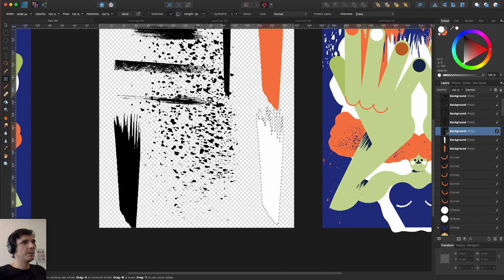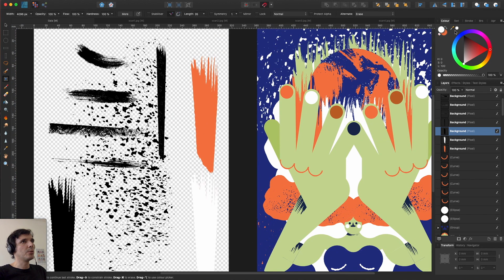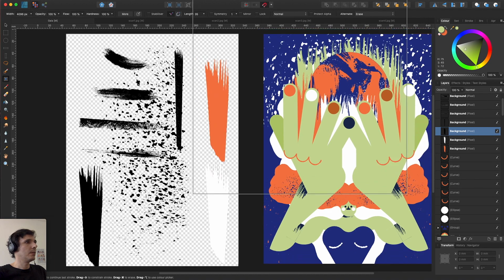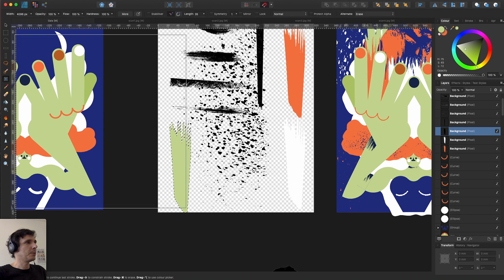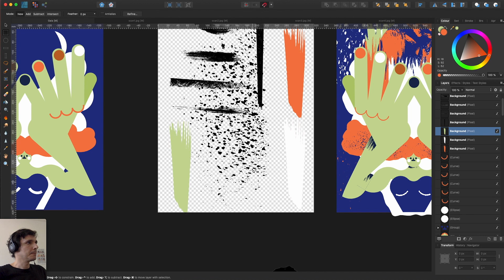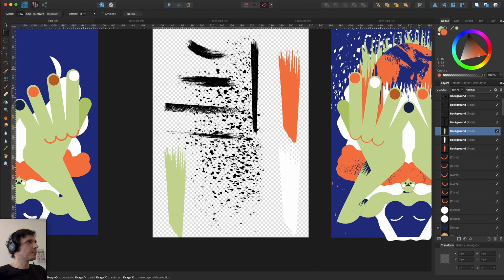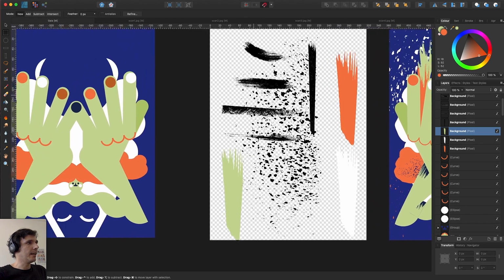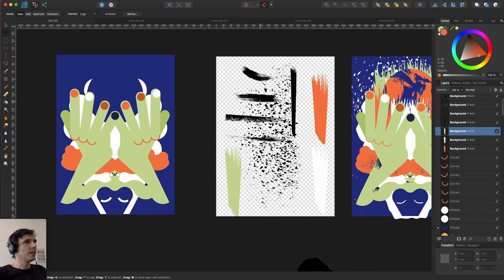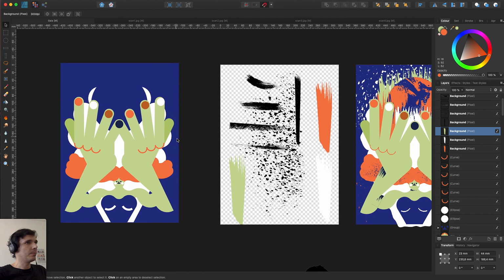Let's hit Command, select. So now the second one, we're going to use green. So let's use the green. And here you go. So now we have 3 different brush strokes, and we are going to apply them.